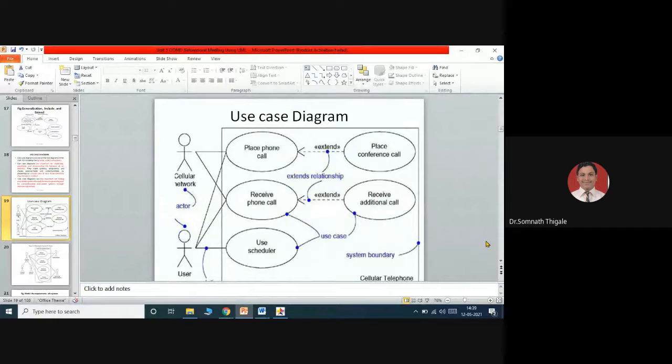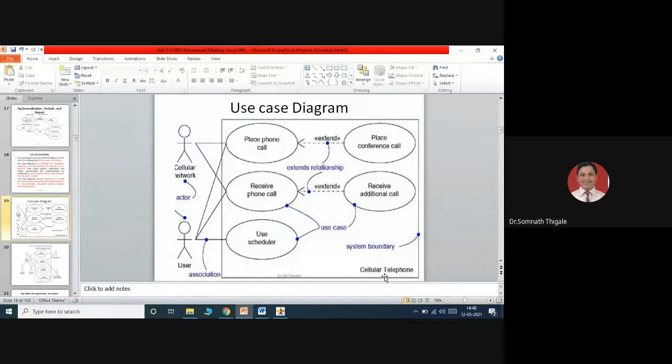Okay. This is one more use case diagram regarding the cellular telephone. So just take a print shot. You can show it, place the phone calls, take a print screen, keep with you. User interactions with the systems regarding the cellular telephones. So the actors are the user, cellular network, I'm calling an administrative person, and users will use scheduler, phone call, place a phone call, then receive phone call, user interactions with the system, and all these operations will be under the guidance or under the observation of the cellular network administrator.